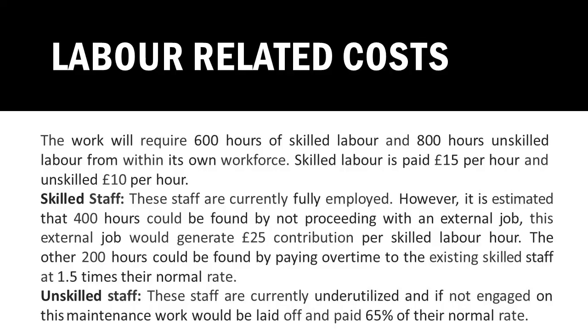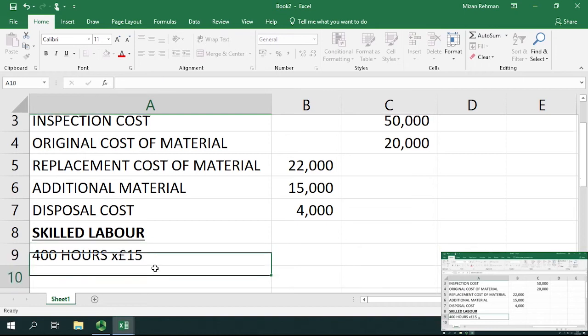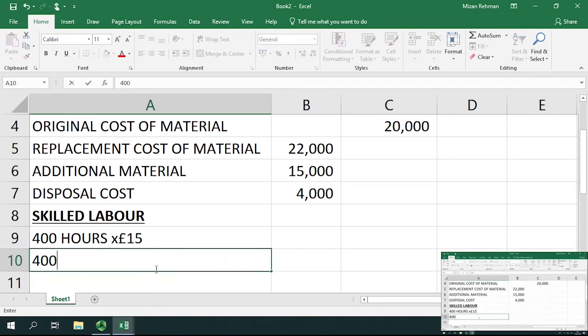Okay, so the situation is that we don't have any labor available. So what are we going to do? We're going to take away 400 hours by not doing a job. And the cost per hour is £15. For these 400 hours,